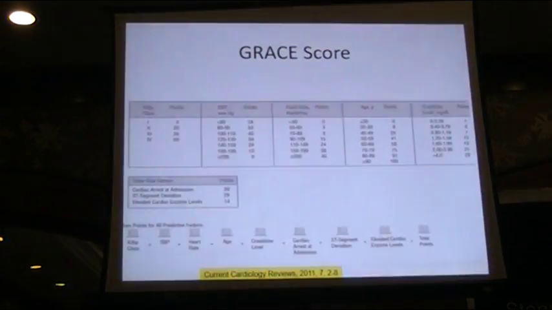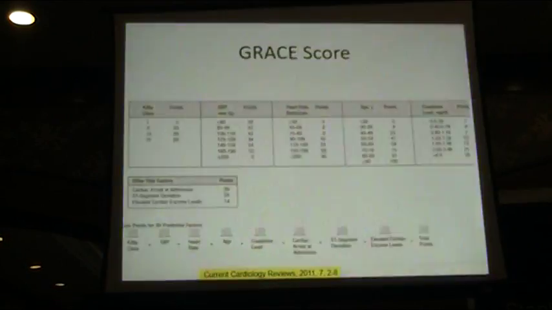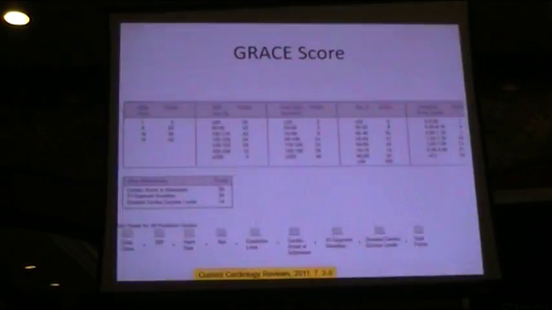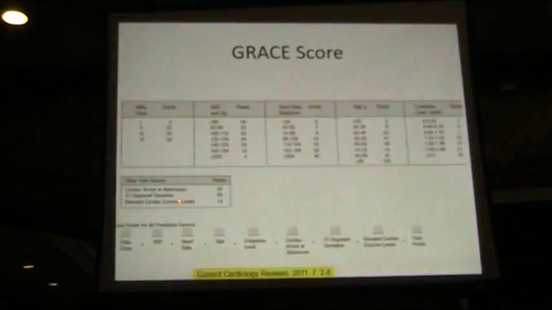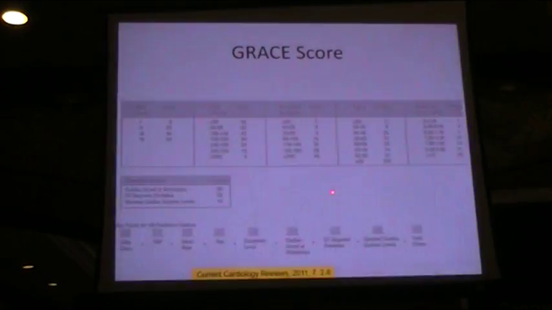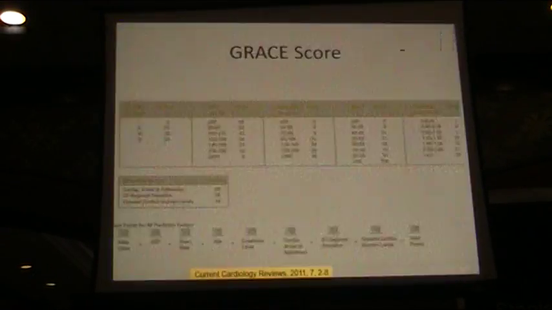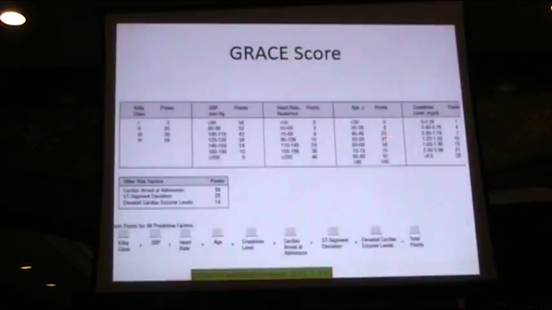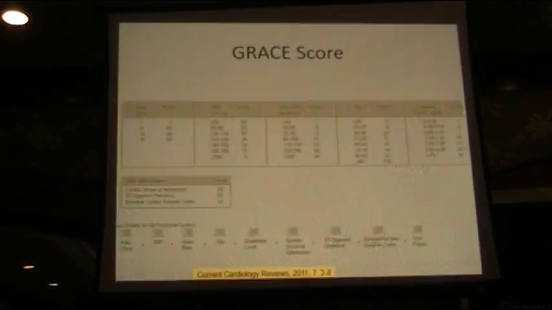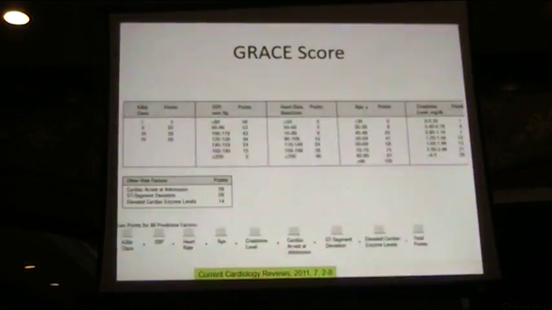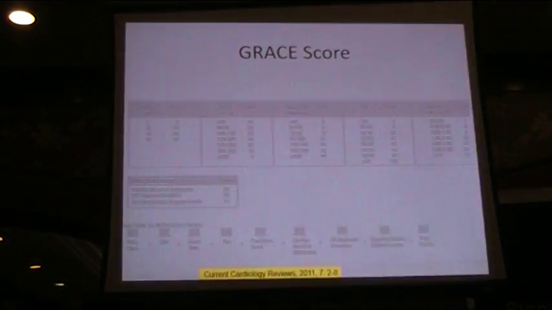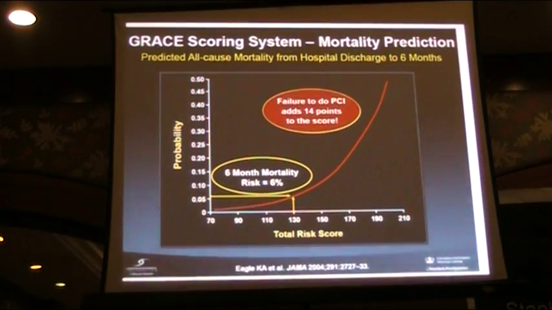Next. A lot of scoring systems, I will not go into this. This is all clinical. This is what we use in risk stratification of the patient. We look at the Killip class, blood pressure, heart rate, age at presentation. If you know the underlying creatinine, was there a cardiac arrest at admission? Was the ST segment elevated or depressed? Elevation of cardiac enzyme, and then give a total point. Total point more than 140, very high risk score. Next. Please go forward. That's the high risk, more than 140. Forward, please. Quickly jump.